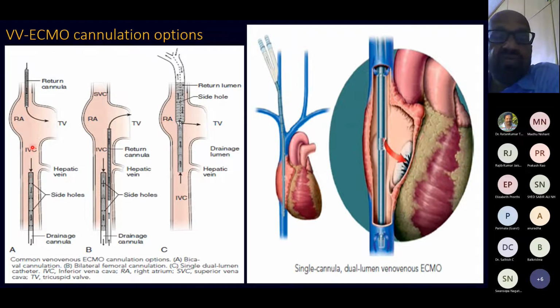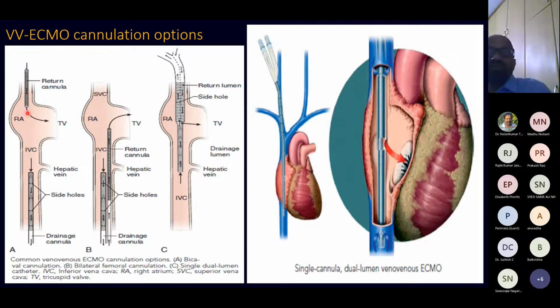You can have the bicaval cannulation, that is the superior vena cava through the internal jugular vein, and the inferior vena cava through the femoral artery. In this configuration, you have to maintain a distance of at least 10 centimeters from the tips of the two cannulae, and you have to see that the IVC cannula is beyond the IVC-RA junction, just distal to the hepatic vein opening to the IVC, and the return cannula is in the